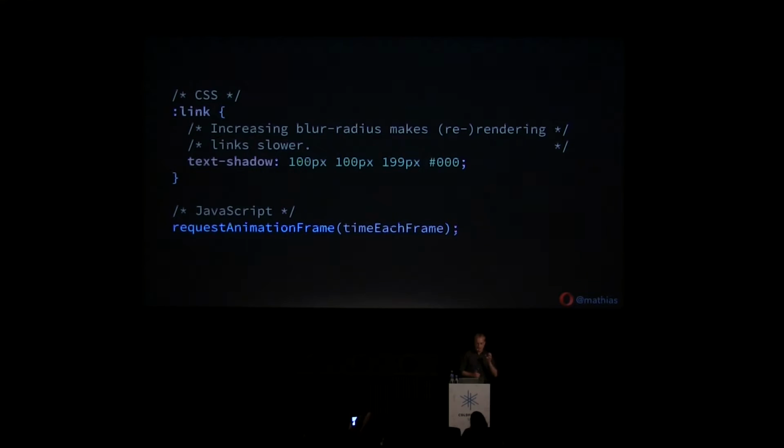So he used request animation frame, and every time he was given access to a frame, he would just get a timestamp, and then he would compare that timestamp to the previous frame. And by looking at how long it took for one frame to advance to the next frame, he was able to figure out whether a re-rendering took place in between these two frames or not, because he slowed it down